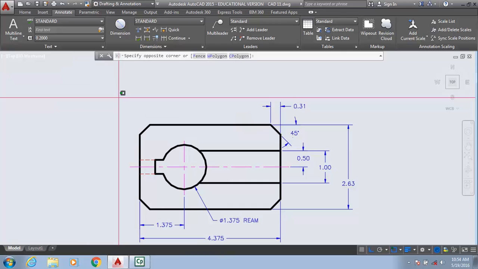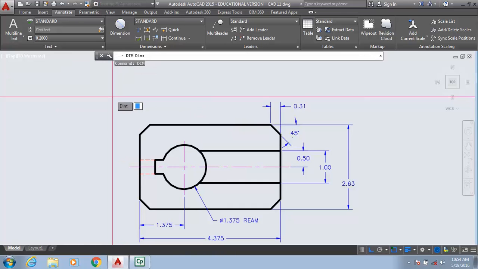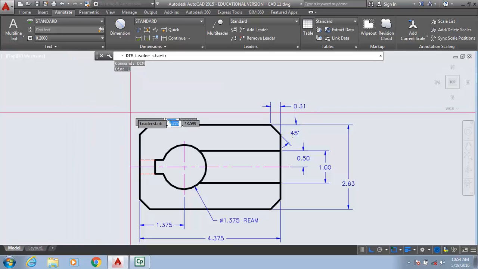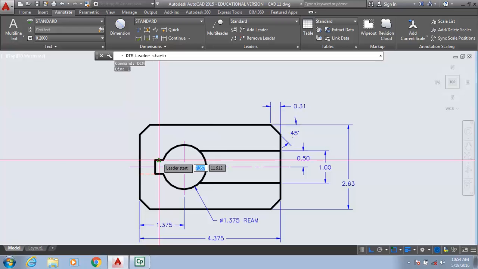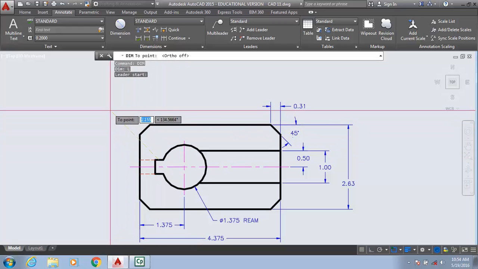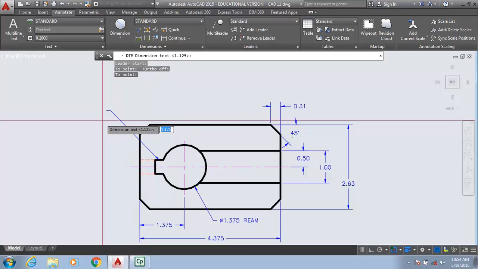Let me show you. We could type in dim. Type in dim, enter, then type in L for leader, and you could pick the leader, like somewhere there. Turn your ortho off, enter, and then put in there, was it 0.44 by, put a space in there, by 0.22, and you can